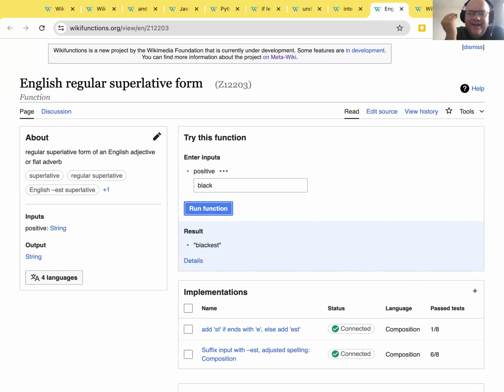Yay. Because the goal is actually to make those functions available from Wikipedia and the other Wikimedia projects so that you can integrate them into an article text and then also switch from one language to the other, basically, so that you have more consistent content between the different language editions of Wikipedia. But we're not talking about this today.